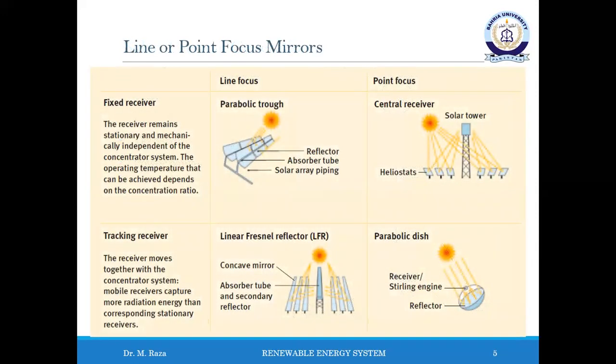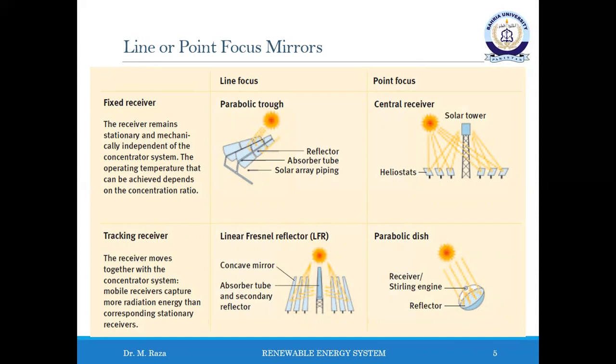Solar thermal power plants can be distinguished according to the arrangement of their concentrator mirrors. Line focus systems such as parabolic trough or linear Fresnel systems have to track the sun along a single axis in order to focus the sun rays onto an absorber tube. In practice, it is possible to concentrate the sunlight by about 100 times.